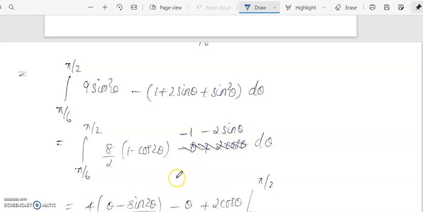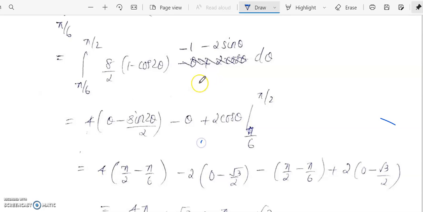Now upon integrating, we will get 4 times (theta minus sin 2 theta by 2), minus theta, plus 2 cos theta. Now applying the limits, we will get 4 times, applying limits on theta, pi by 2 minus pi by 6, then minus 1 by 2 into, minus 4 into 1 by 2, so minus 2,